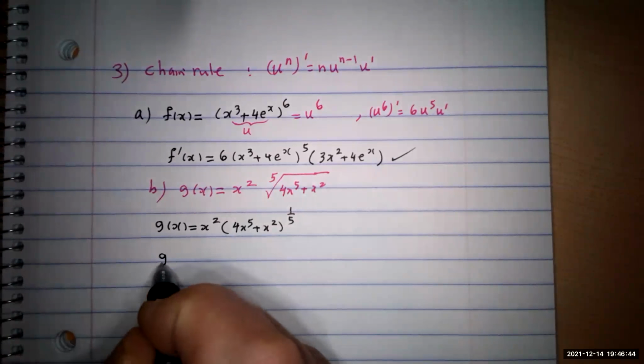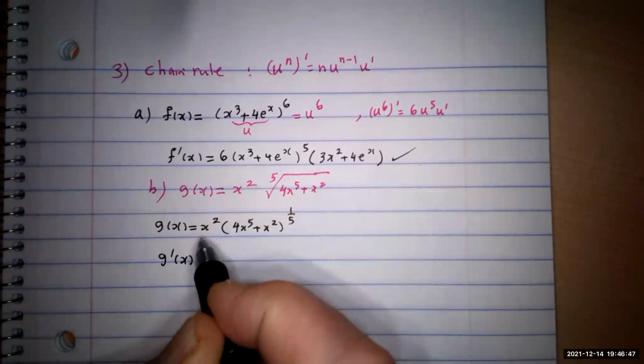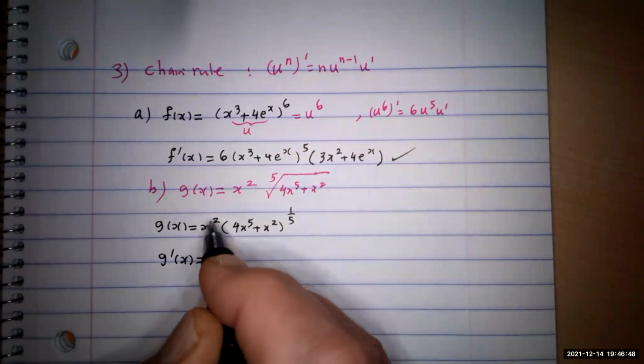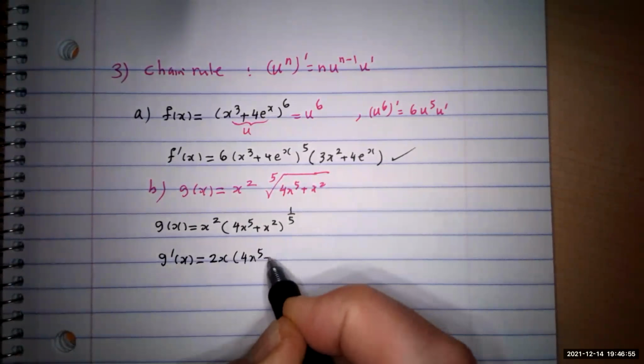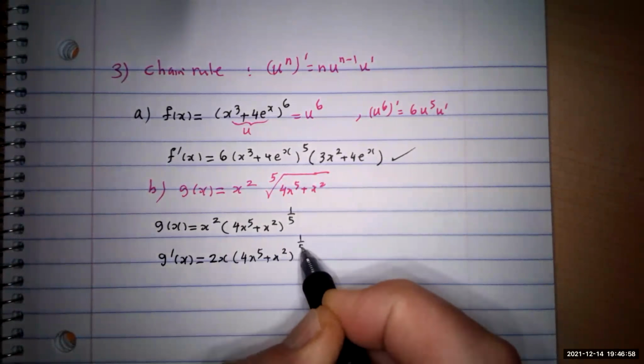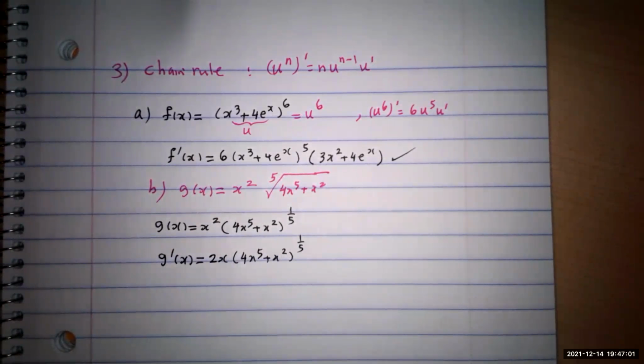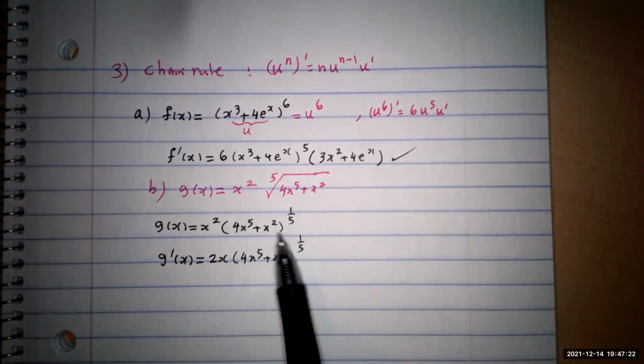It's going to be g prime of x equal to the derivative of the first function, which is simply 2x, times the second, (4x to the fifth plus x squared) to the 1/5. So that's step 1, plus second first. The second is u to the 1/5, so we have to apply the chain rule. This means one down, 1/5 times (4x to the fifth plus x squared) to the 1/5 minus 1, which is negative 4/5, times u prime. Then times the first. So we take this one first. It's going to be plus